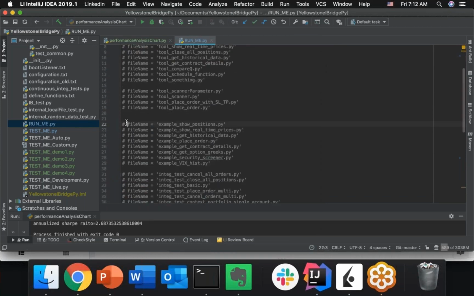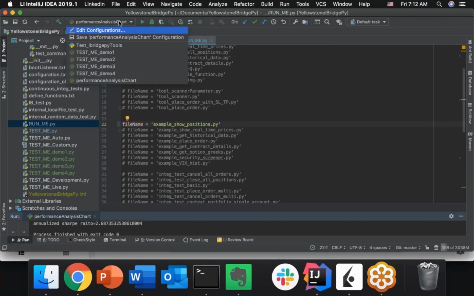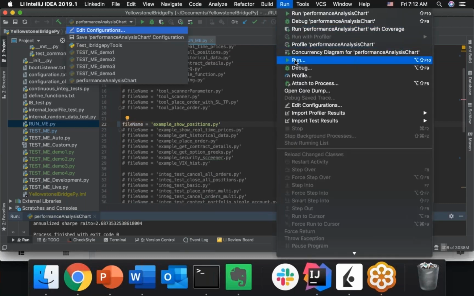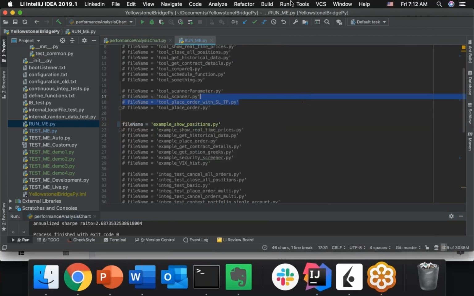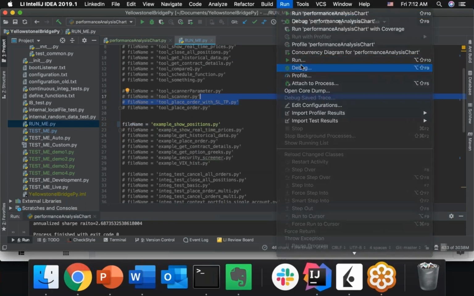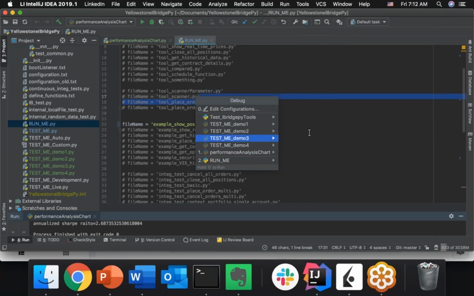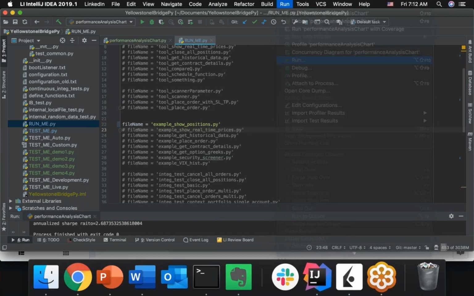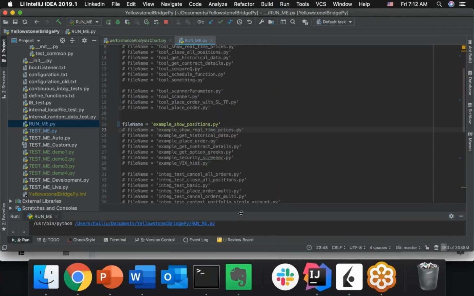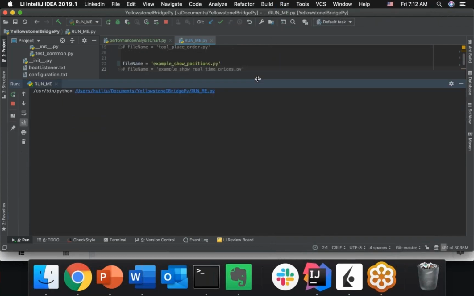For example, you want to run example show positions, and then you just run it. Runme.py. No, not debug, actually. I just run it. Okay, runme.py. And then it starts to run